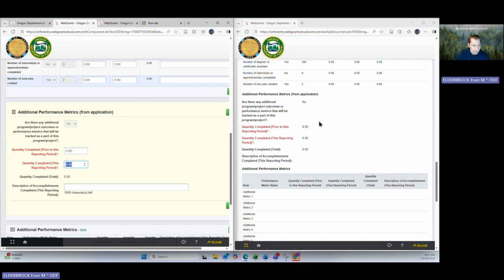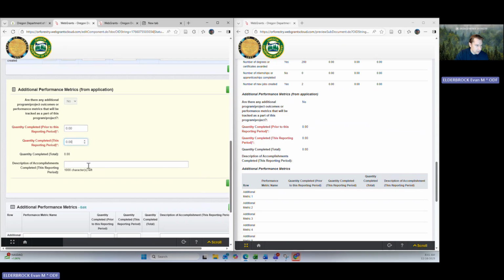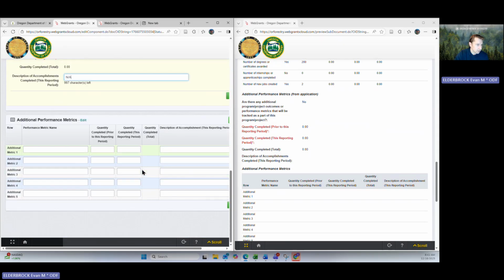In this case, I didn't have any performance metrics previously, so we would not enter anything in here. So we can leave those as zeros. I'm going to just put NA here as a placeholder, and then we'll keep scrolling down and you'll see additional performance metrics. So this is an opportunity for you to enter performance metrics that you're tracking, that you didn't put into the proposal, but